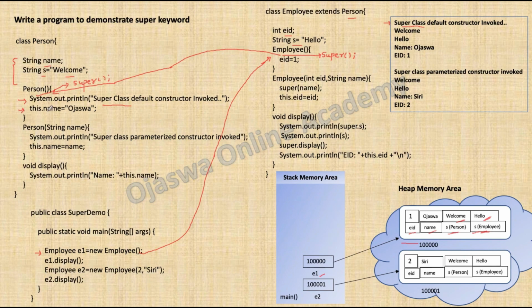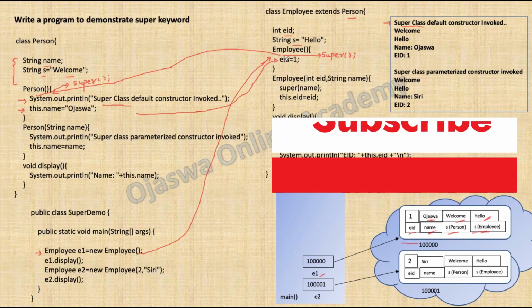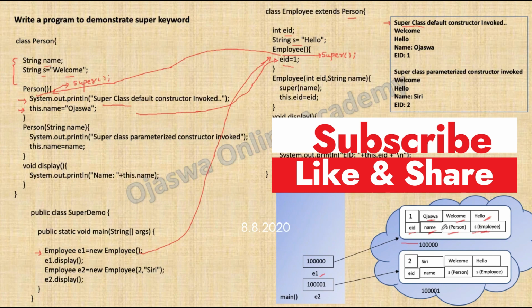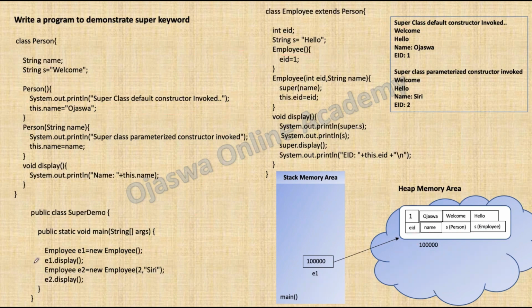Now the next statement is this dot name equal to Ojasva. So value Ojasva will be stored inside the instance variable name belonging to the current object emp over here. After the execution of this constructor, control will go back over here, and the next statement executed is eid equal to 1. So inside instance variable eid, value 1 will be stored. After the execution of this default constructor, control will go back to the main method, and the next statement emp.display is executed. So control of execution will go to the definition of display method belonging to Employee class over here,